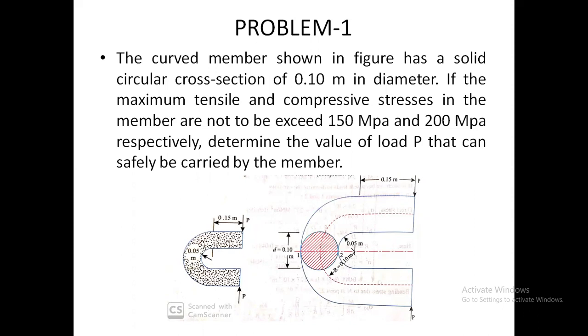For a straight beam, it is very easy. You can take a circular cross section of this beam and calculate the bending stresses on either side of the section, at the top and bottom most fibers of the section. But here it is a curved beam which is shown. So please try to draw this beam. This is a curved beam.